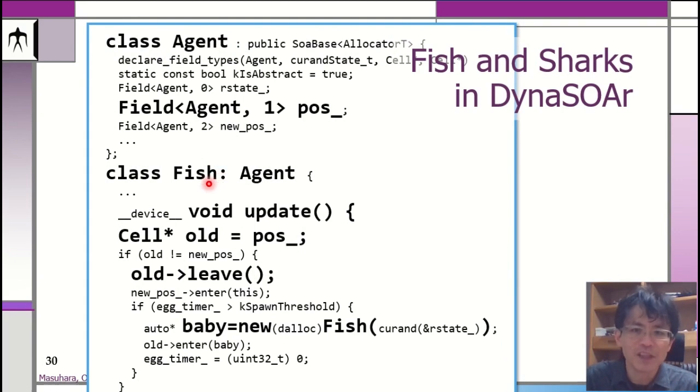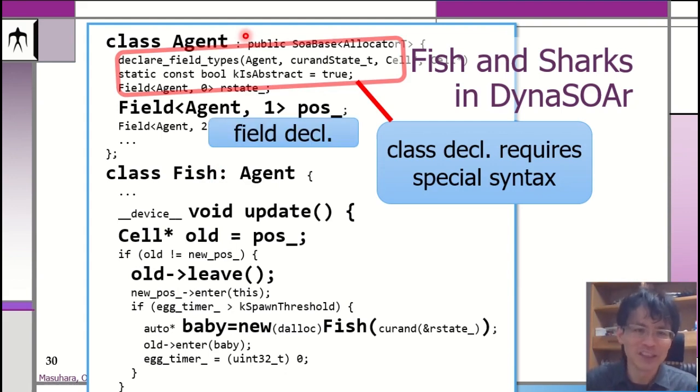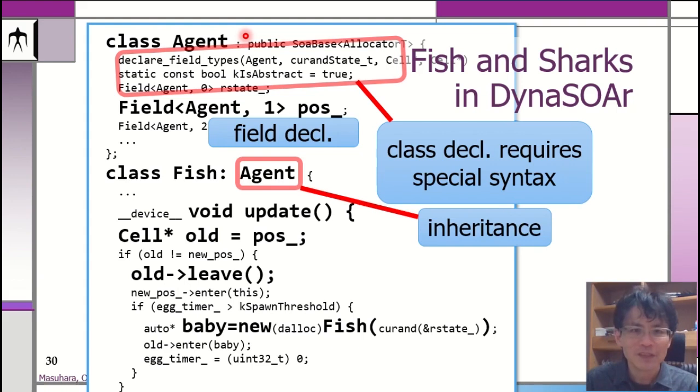Agent is a base class of fish and sharks, and this class declaration requires a few lines of special syntax to declare fields and other information. So this is not compatible with standard C++. Field declaration also requires a special syntax because we need to do some transformation. But we can also use many existing features of C++